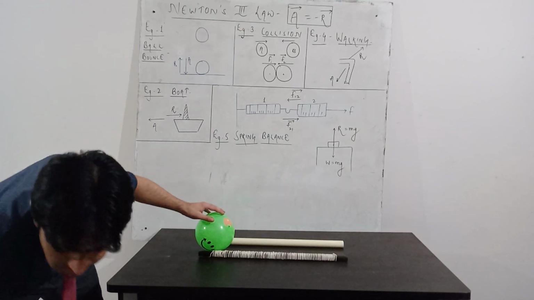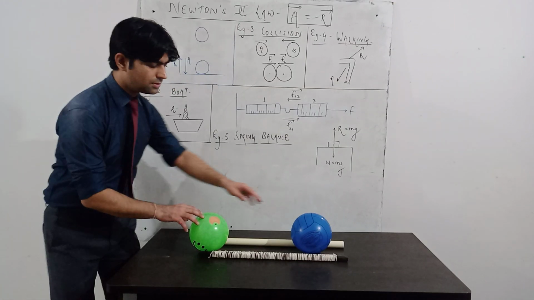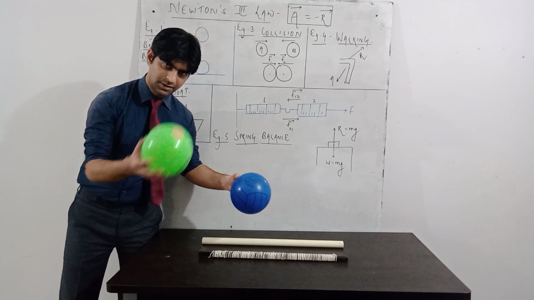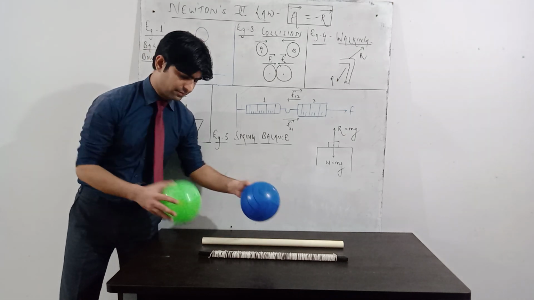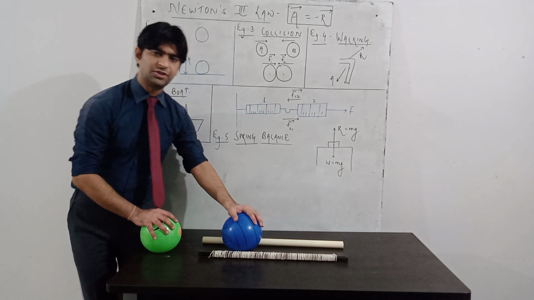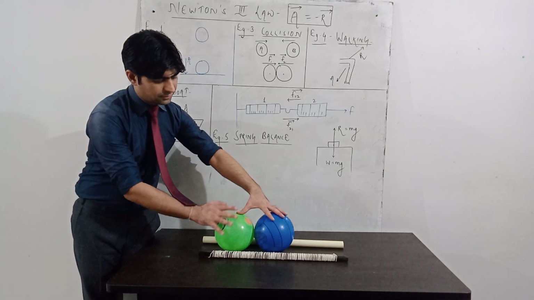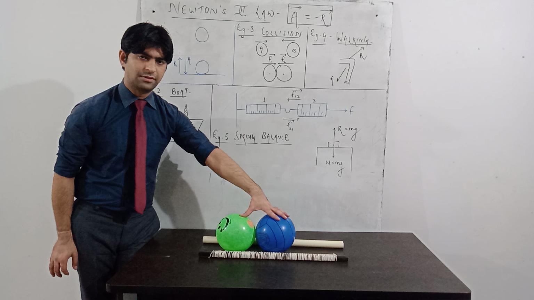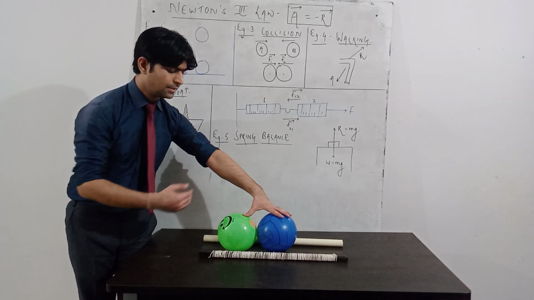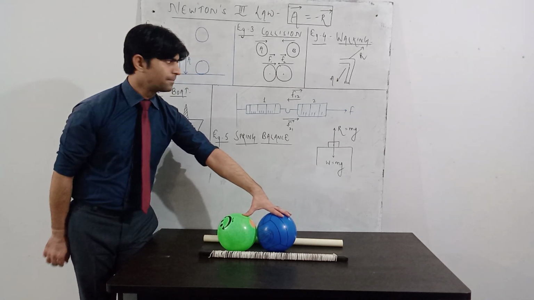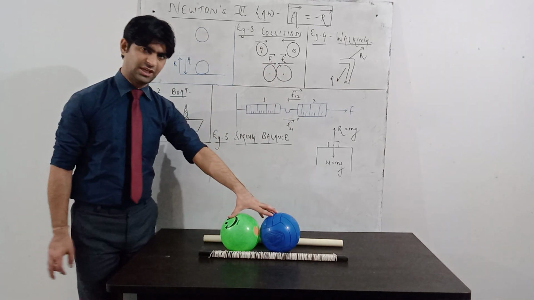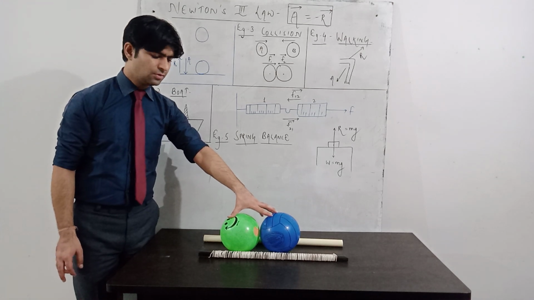If we take the example of collision, in collision also Newton's third law is applicable. Here I have two balls, and if these balls are moving in the same direction and collide with each other, this ball is a little heavy, so it has pushed this green ball away. But if both of these balls strike each other during the collision, both apply a certain amount of force on each other. This green ball applies force on the blue ball, and the blue ball applies force on the green ball, which is called action and reaction. These are the two forces which act equal in magnitude and opposite in direction.